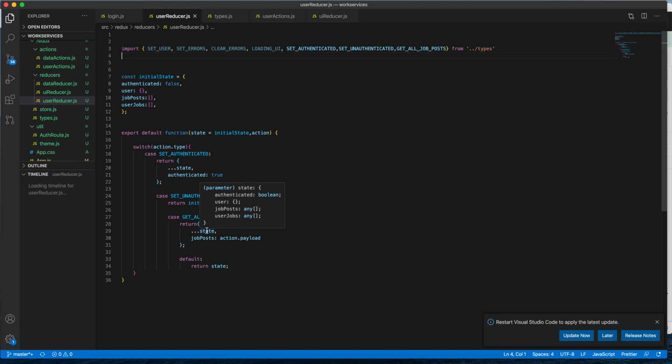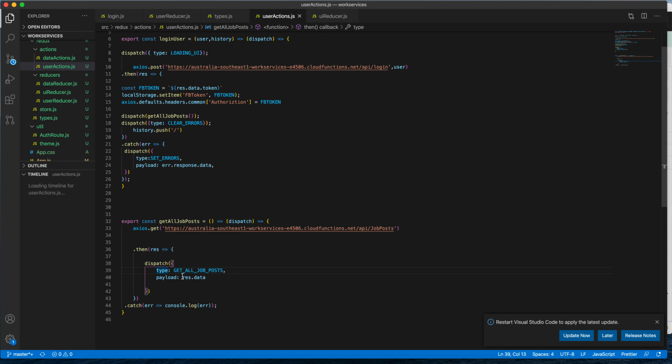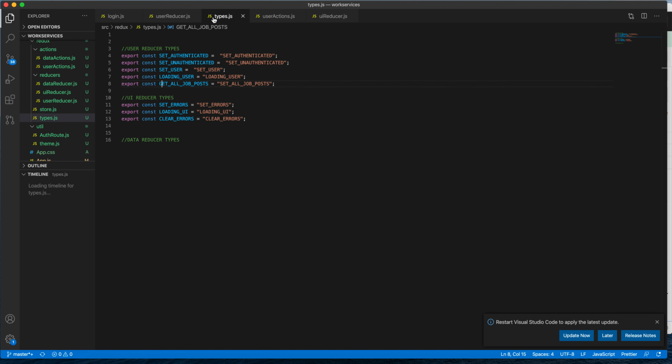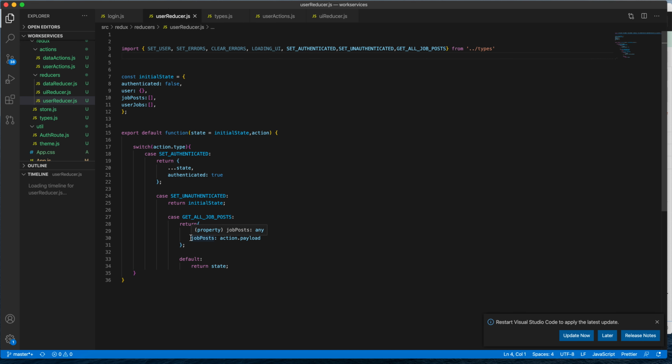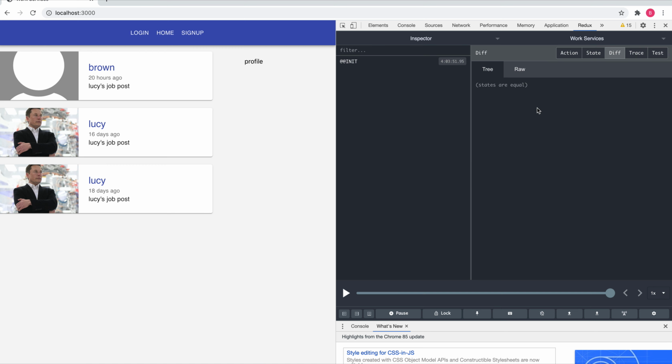We return the state, and then the action has the data in there. So the action.payload, which is here, contains the res.data. And then that updates the global state. So then it says job post equals action.payload, which you'll see in here